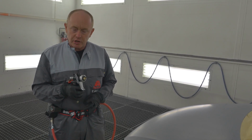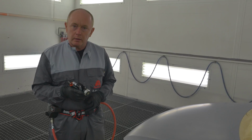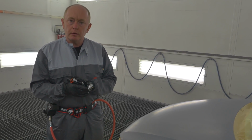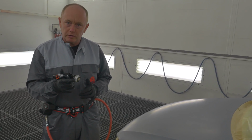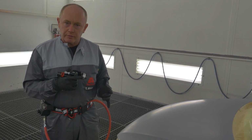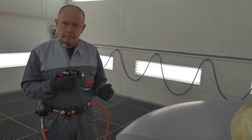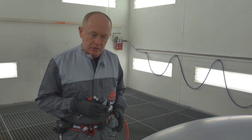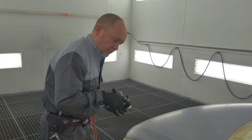I've set the inlet pressure at 2 bar with the paint flowing. While I'm applying, all of the functional parts will be fully open. The trigger will be fully pulled to ensure that I'm using the full width of the fan, full delivery of fluid. I'll be applying the base coat in a 1.5 coat process, whereby I start here on the outside, applying